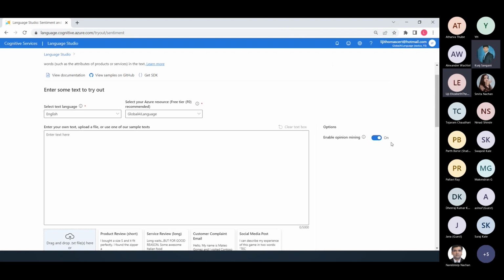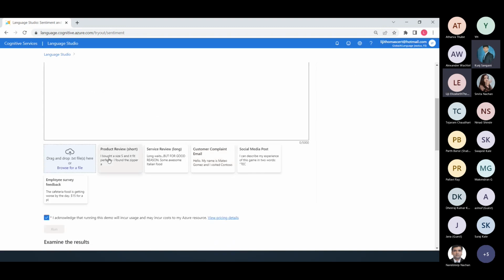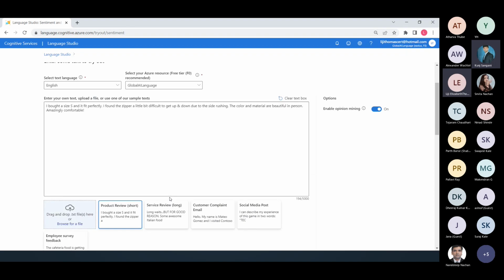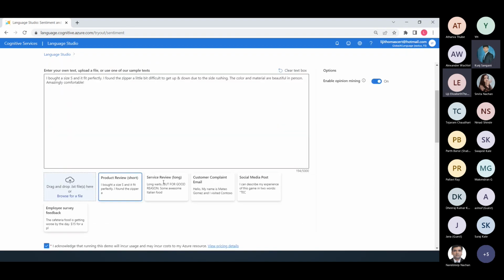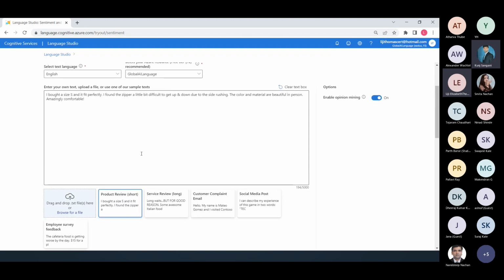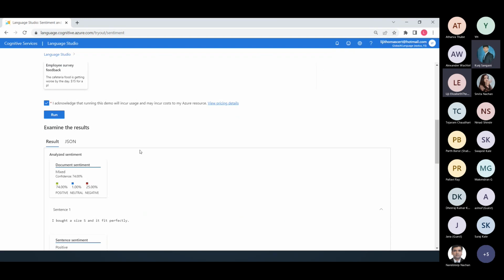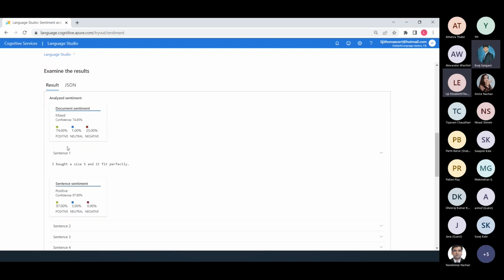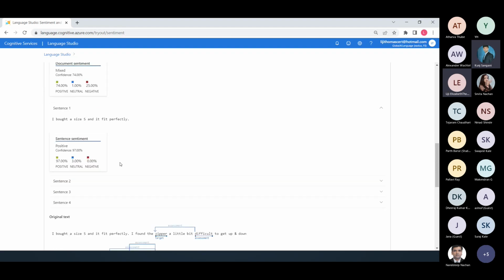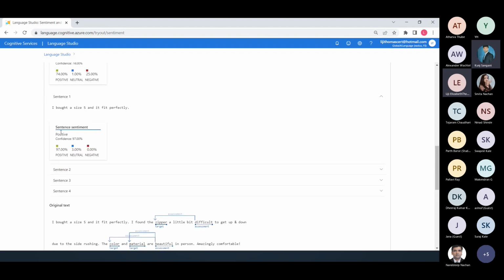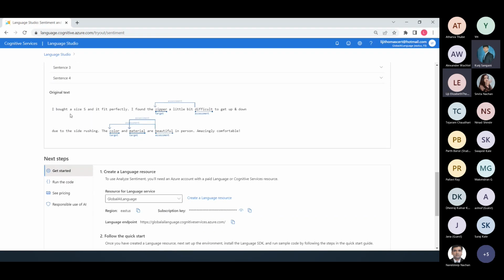So to show you the capabilities, I would enable opinion mining, and let's say I have a product review or even a social media post. Let's do a product review, and I would just run it and see what the sentiment is. As you can see, the overall document sentiment is mixed, but there's a document-level score, a sentence-level score, and within each sentence there is a target that's identified and an assessment of that.